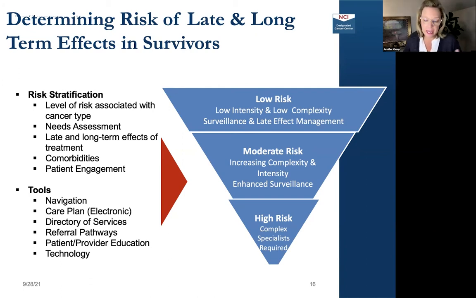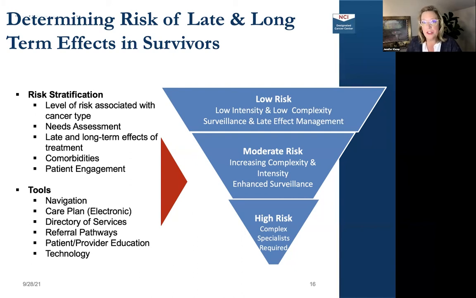And then we need to take our toolbox and inventory it. What do we have in there? How are we using our navigation resources? How are we getting patients along their journey? Do we have that directory of services that may be internal, so we know how to get patients to the fertility specialist or the cardio-oncologist? And those pathways need to work. They can't take you 15 minutes in clinic to try to get patients in to see someone.